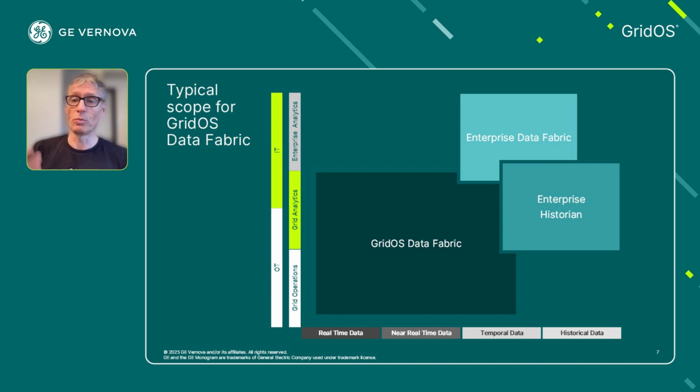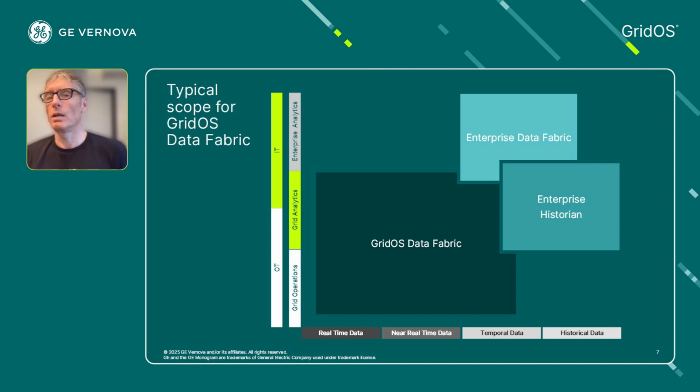And we might also want to highlight once again what is the difference between GridOS Connect and the traditional enterprise service bus? And to do so, I want to recap simply, when we designed and built the GridOS Data